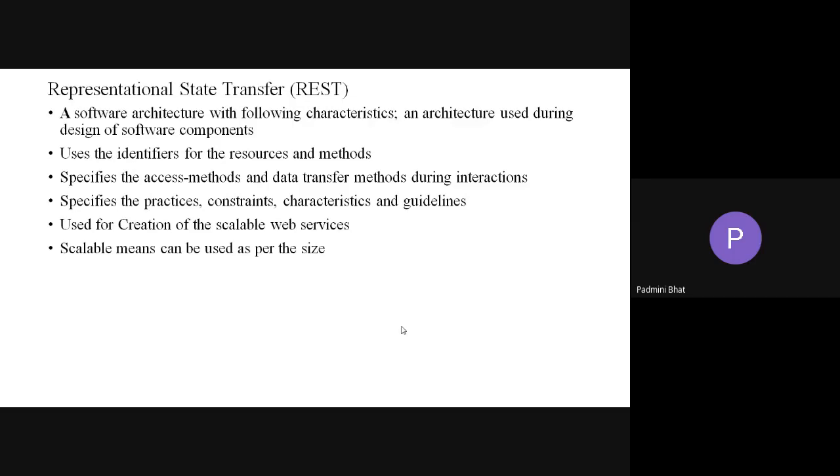And the data transfer methods during the interaction specify the practices, constraints, characteristics and guidelines. So this is what I said. It is like a procedure used for creation of scalable web services. Why the term scalable? Scalable is like for any size. REST should fit for any size, maybe the size of the data, or the size of your memory in which your program is running.